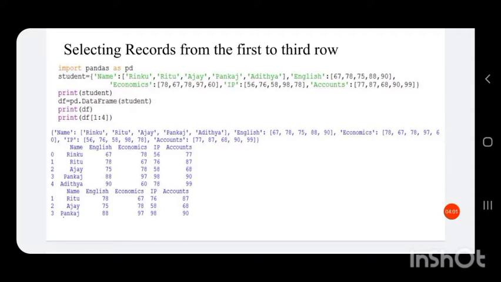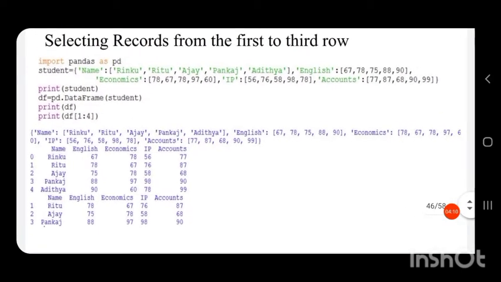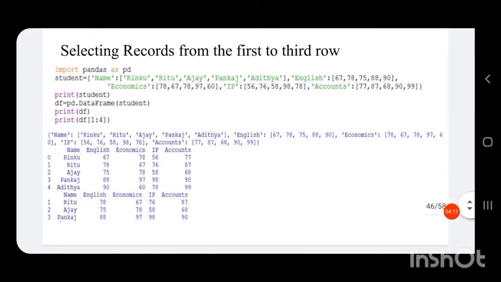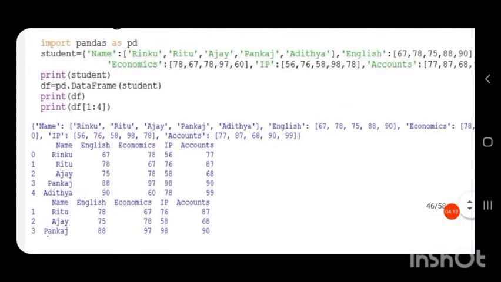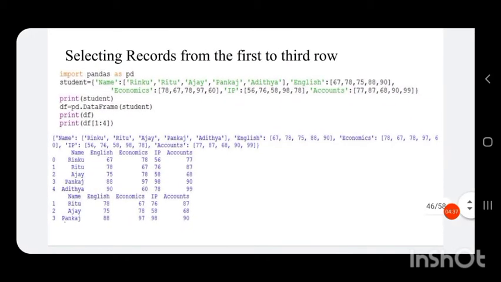Just as we studied in NumPy 2D arrays, the same is happening here, but here only row slicing is performed, so there is no need of column values. It is the same as the slicing we have studied. You have to consider only the row indices, no need of considering the column index as we studied in NumPy. Only row indices are to be considered. So we have to slice the first to third row: first row, second row and third row only are needed.